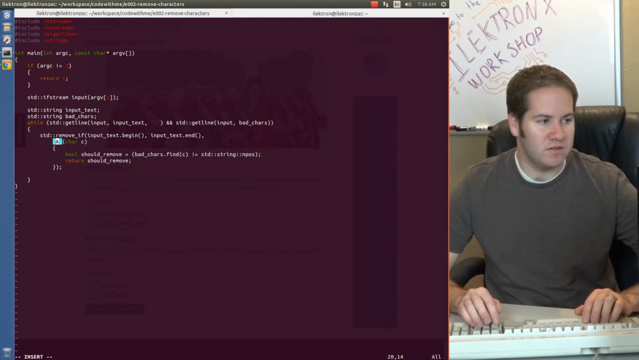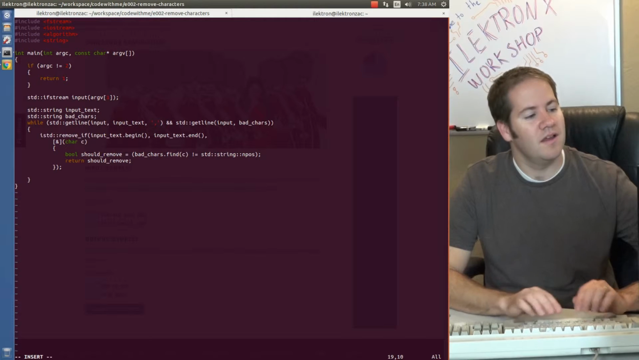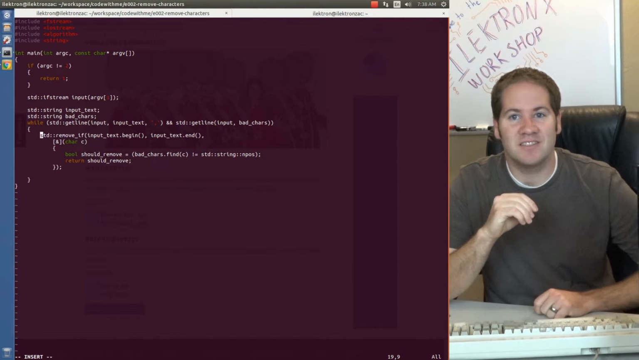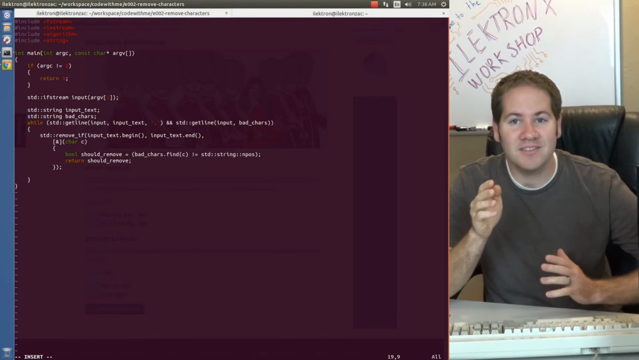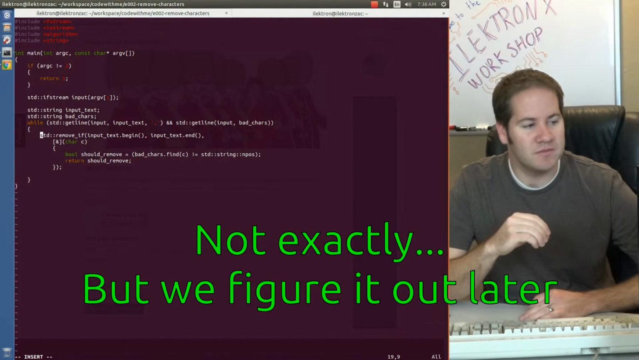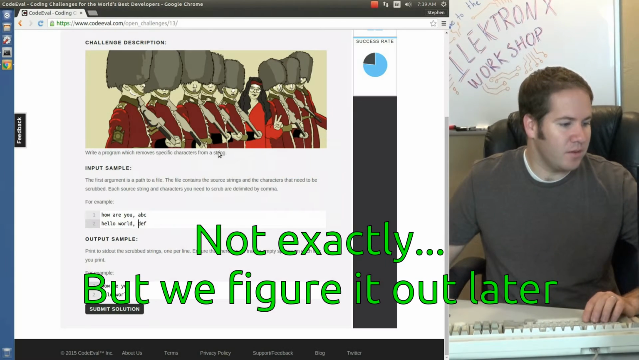Alright, so we're almost done here. There are a couple of things that we need to do. First, what you need to know about standard remove if is that it does some crazy stuff. Well, it doesn't do exactly what you think it does. It's more of a stable partition. So let me explain. If we have our input file,